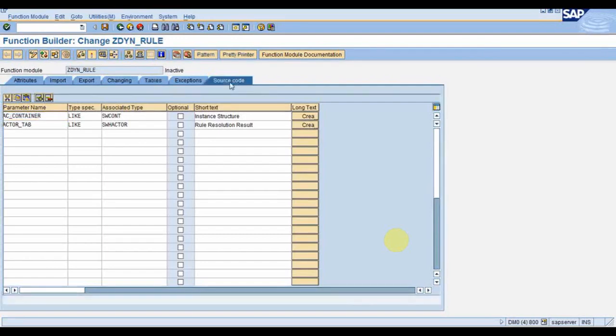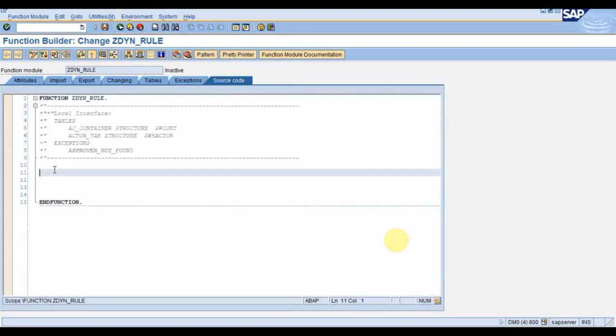So now coming to the source code, here we will be writing the code. Let me write some code first, then I will explain it to you.